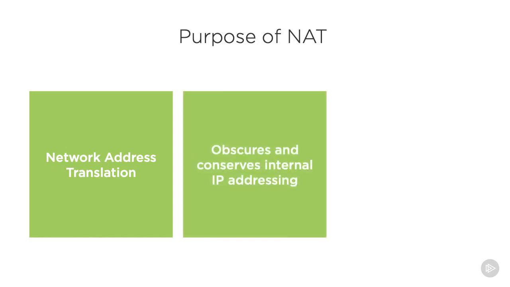The most common NAT deployment is to change the source IP address of a packet as it exits a corporate network out to the internet. This obscures the source IP address and also conserves publicly routable addressing, a resource in short supply with IP version 4 these days. Most organizations use private IP addressing internally as a result.